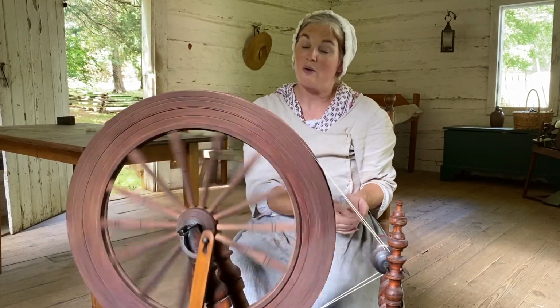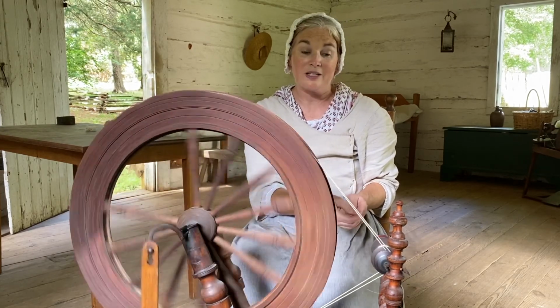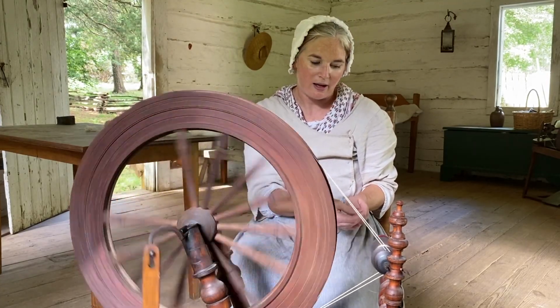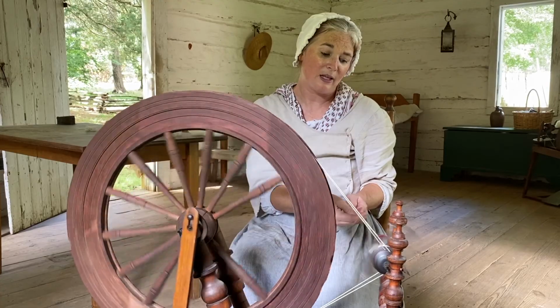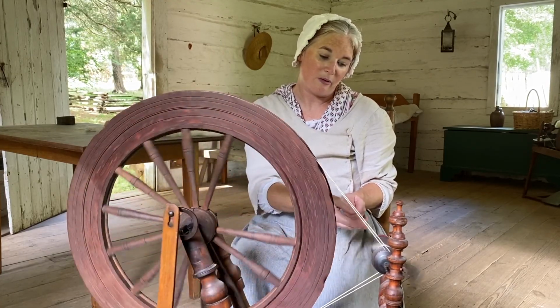It takes quite some time to be able to produce enough yarn in order to even make something simple like a hat or a pair of mittens. But this is the kind of work that was done by women in the colonies, both during the Revolution and before, and even in some parts after. And it would be something that would be done by women in order to produce cloth and clothing and yarn